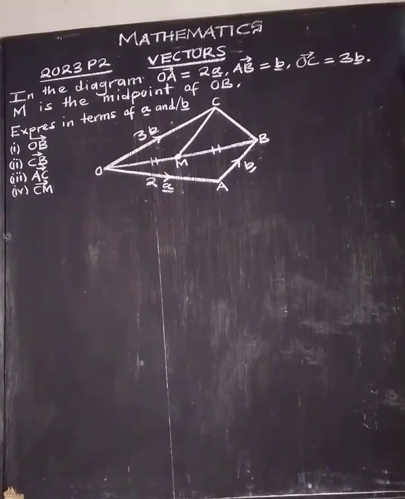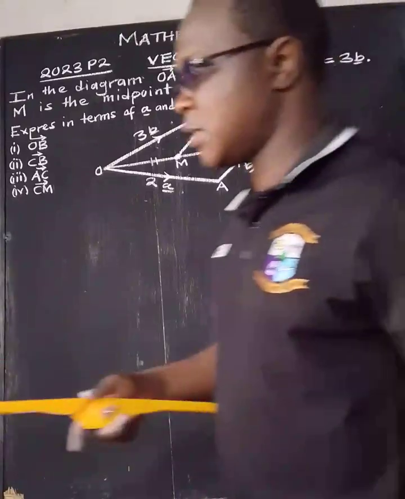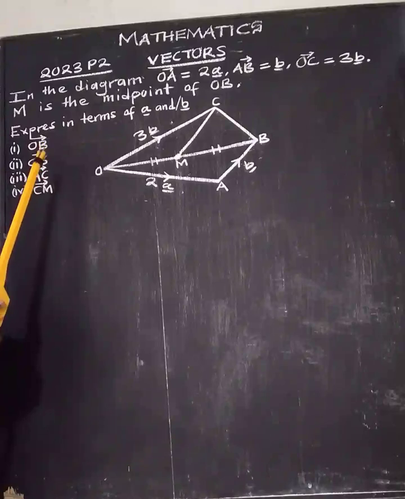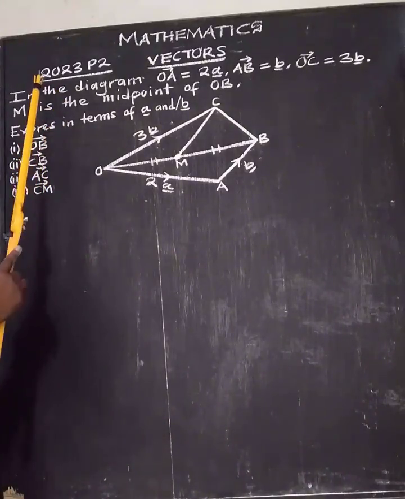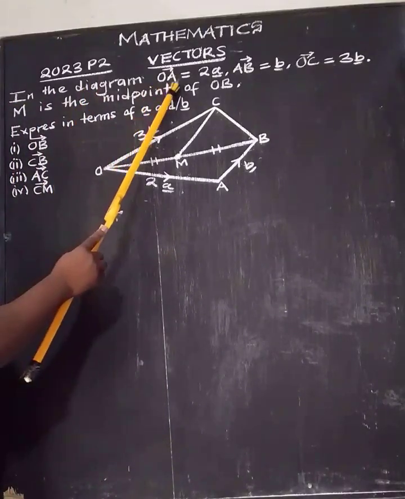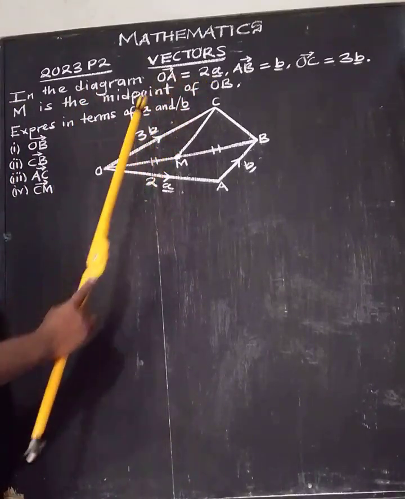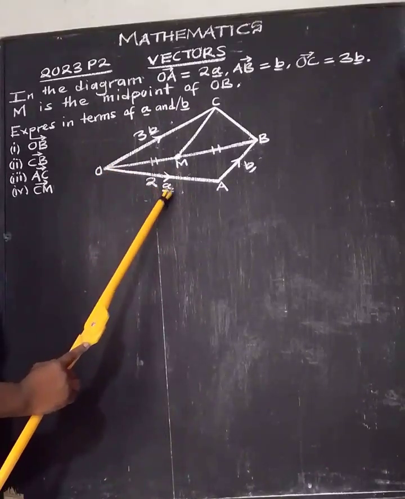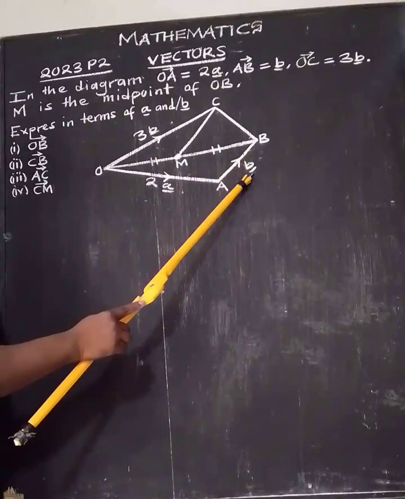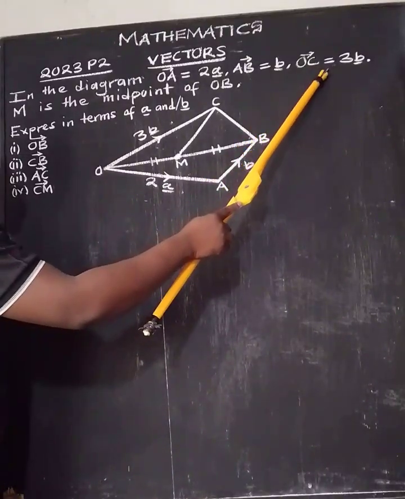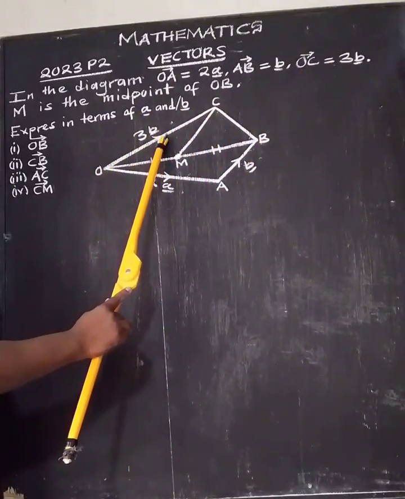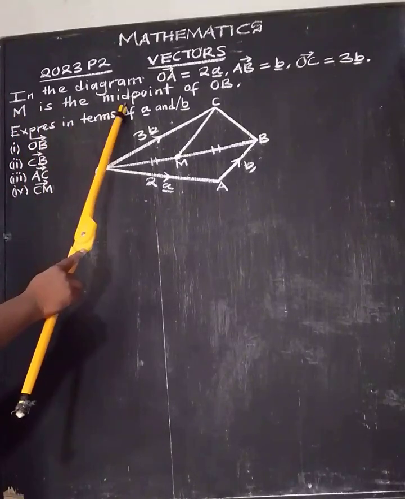Okay, so guys, let's look at this other question. We're looking at a question on vectors coming from the 2023 paper 2. In the diagram, AO is equal to 2 vector A, AB is equal to vector B, OC is equal to 3 vector B, and then M is the midpoint of